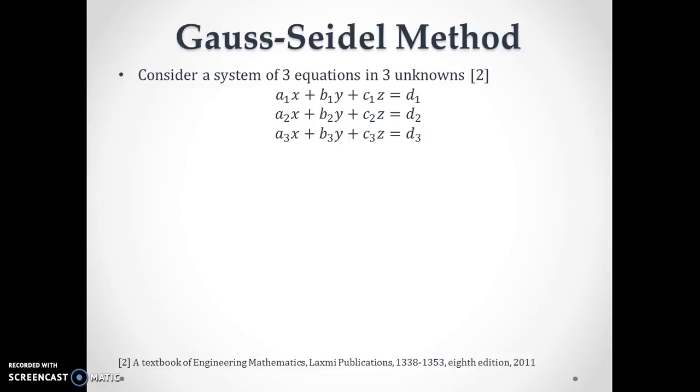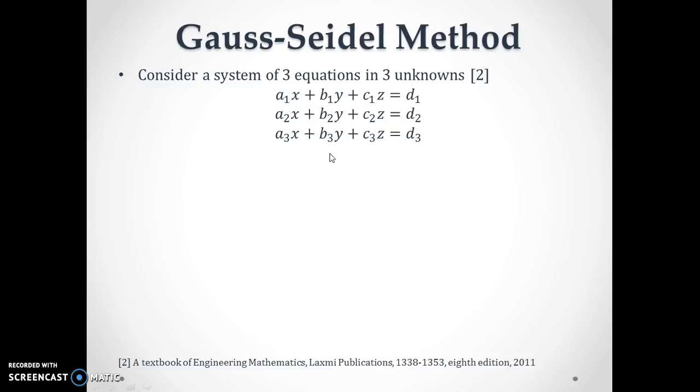Hello everyone. This is part 5 of the lecture series on numerical matrix methods for solving systems of linear algebraic equations. Again, for simplicity, we are going to consider the system of three equations in three unknowns. But unlike the other methods, in this method we are not going to rewrite the system in the matrix form,